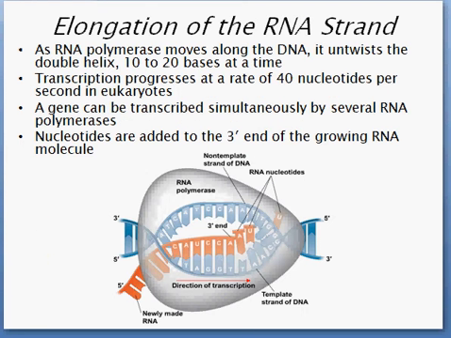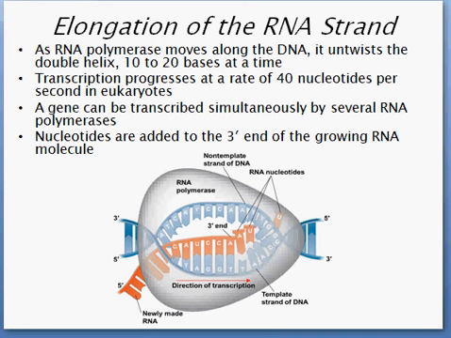So now step 2 in transcription is elongation of the RNA strand. As RNA polymerase moves along the DNA, it actually untwists the double helix 10 to 20 bases at a time. And it progresses at a rate of about 40 nucleotides per second in a eukaryotic cell. So RNA polymerase is not only able to bring in the new nucleotides for the growing RNA strand, but it's also able to unwind, untwist, and separate the double helix of the DNA so it can get to that